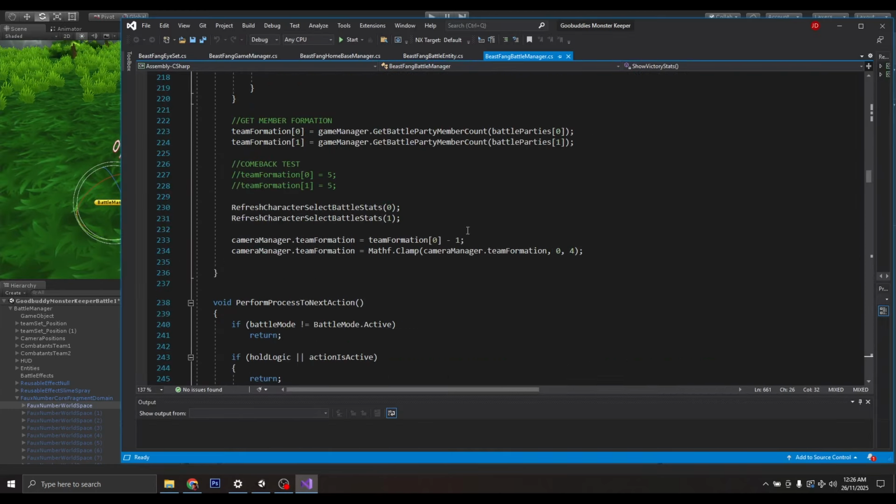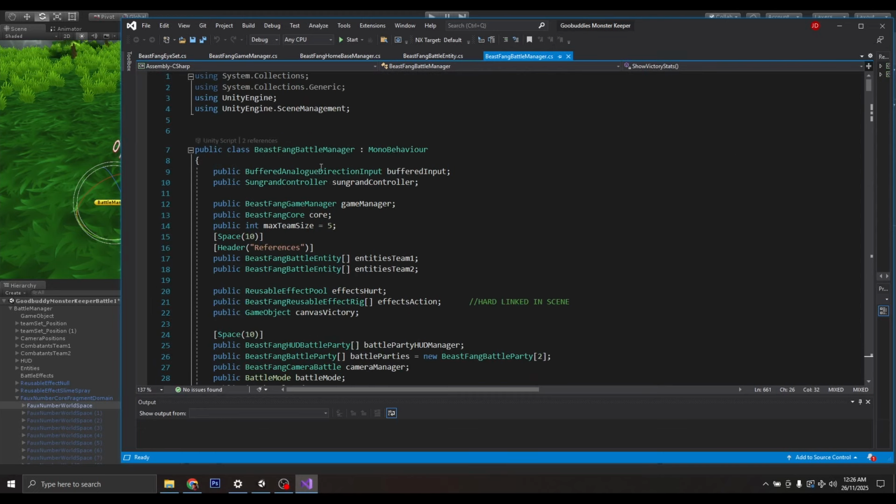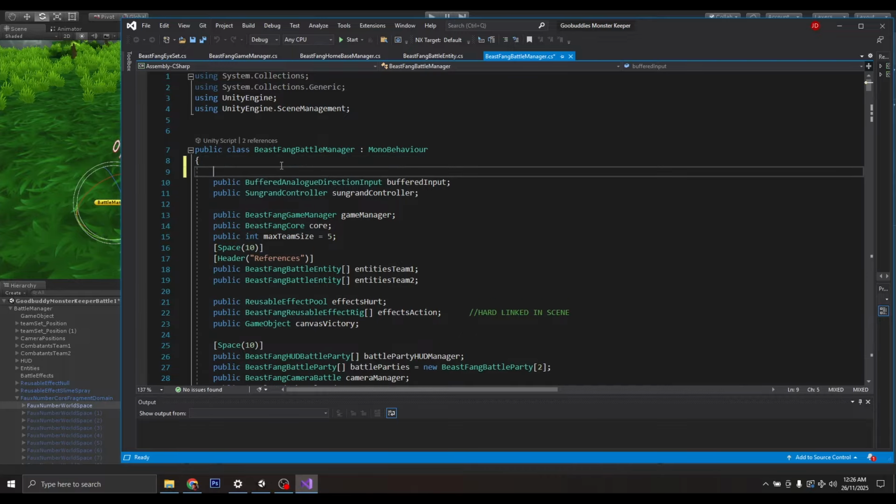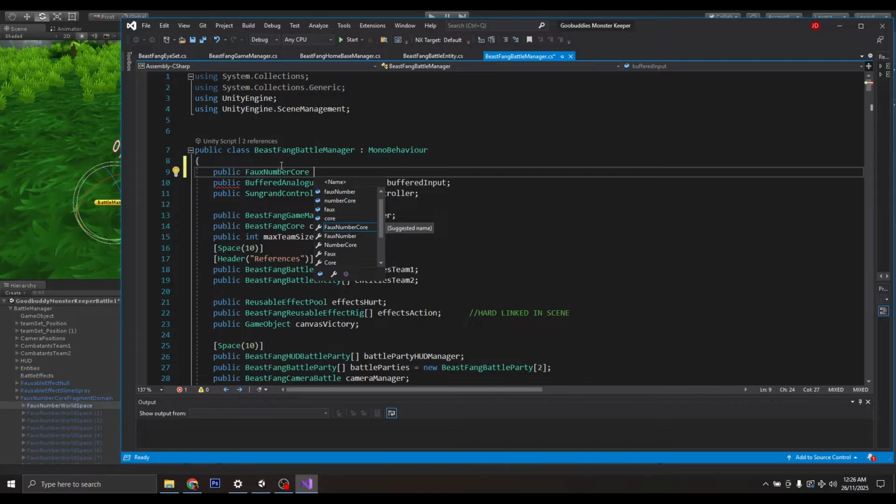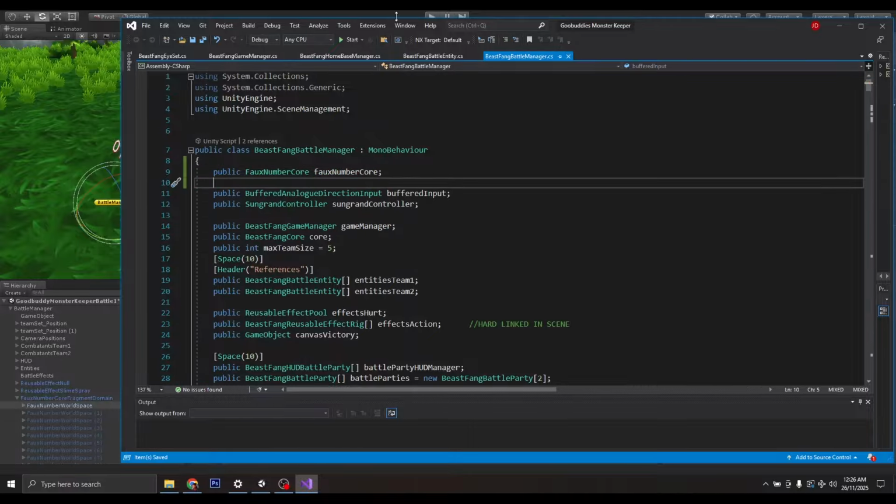Now in my battle manager, I will reference the number core. So let's go public faux number core, and this is faux number core. Okay,